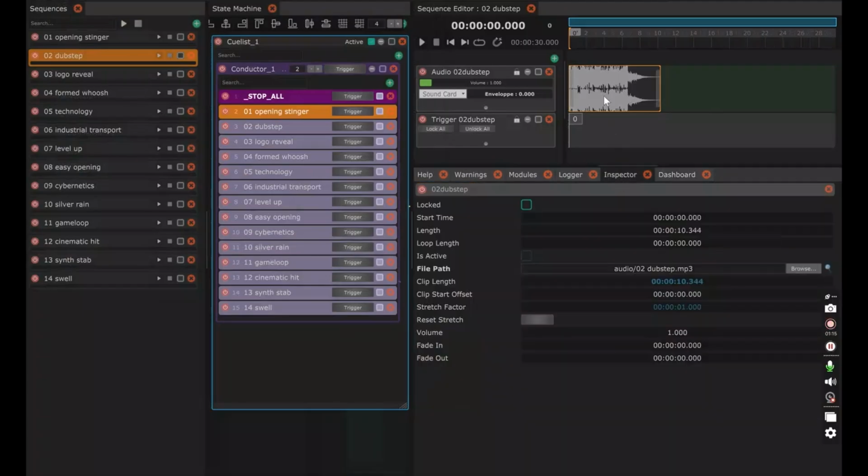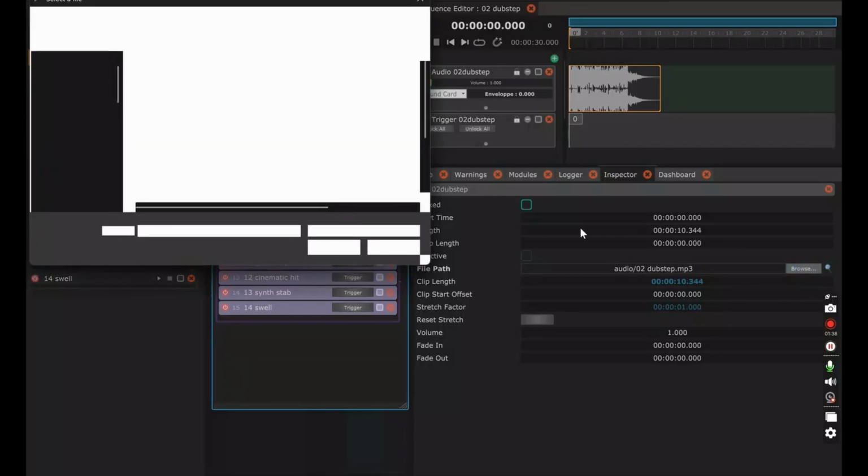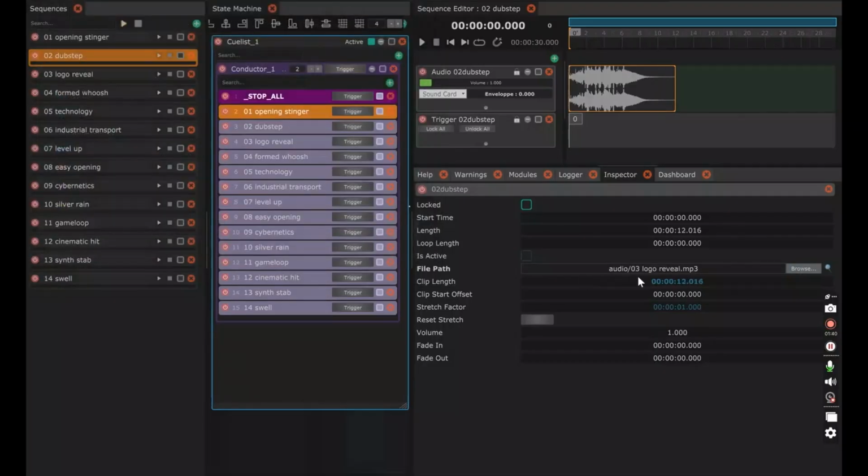If I go to my inspector and choose an audio path, we see that the file path is not absolute. It is relative to LCL. LCL, which is again an arbitrary name, you could call it any show file you want, but underneath that master folder where our Noisette project file lives is a folder called audio, and inside of that folder is my MP3 file. If I were to browse and change this to something else, then it might actually change to a